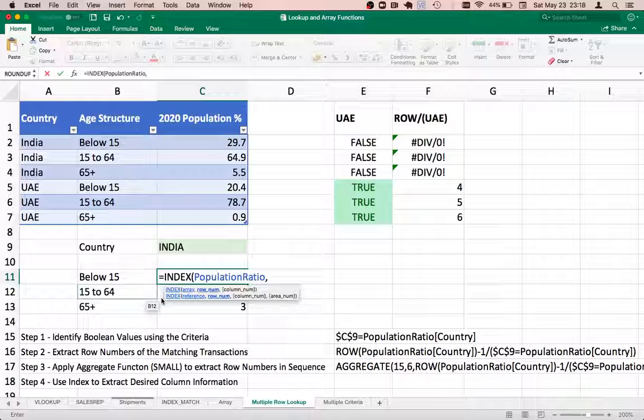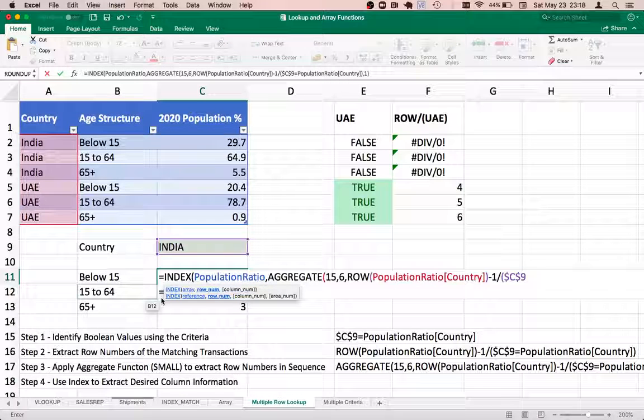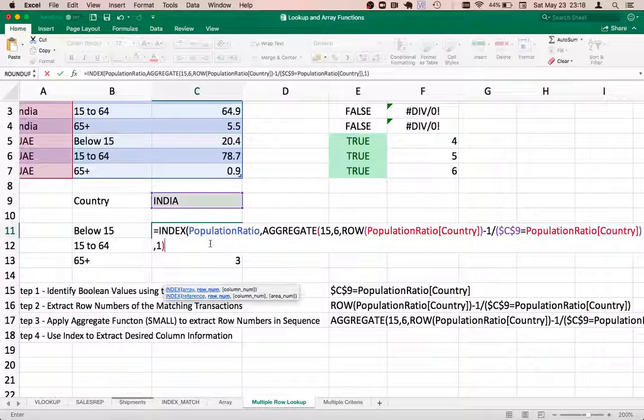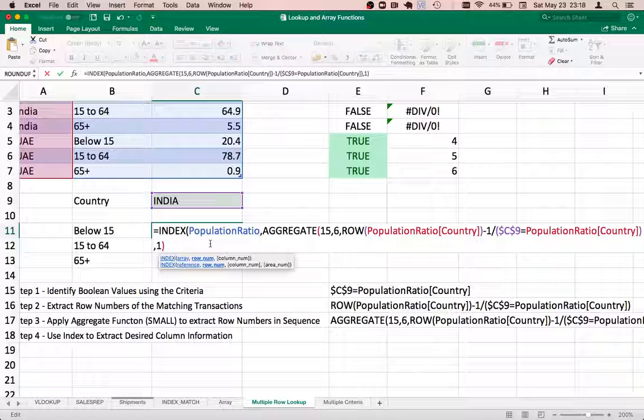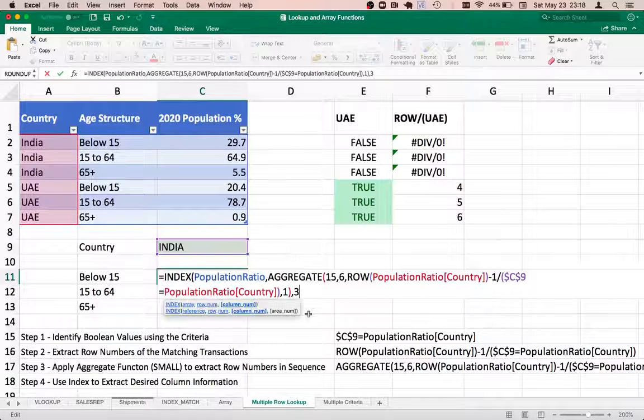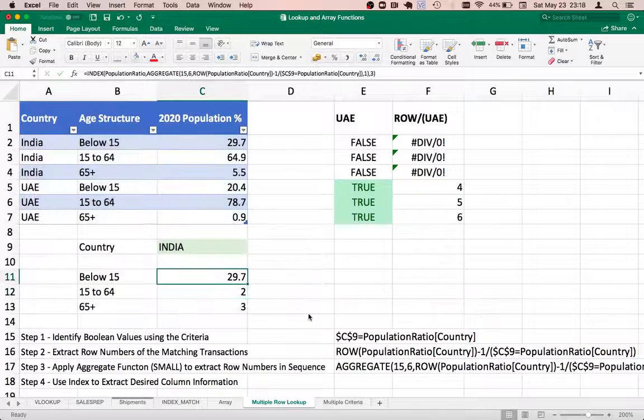Perfect. And the row number. We don't have to manually give any row number there. We have already worked on the formula, so I'm just going to paste that formula there. Perfect. And then the next value being asked is the column number. We have a very straightforward spreadsheet, so we know within our table the column number is 3. So I'm just going to provide 3. I'm going to execute it. There you go. I get 29.7 for India. So if I just drag it down,